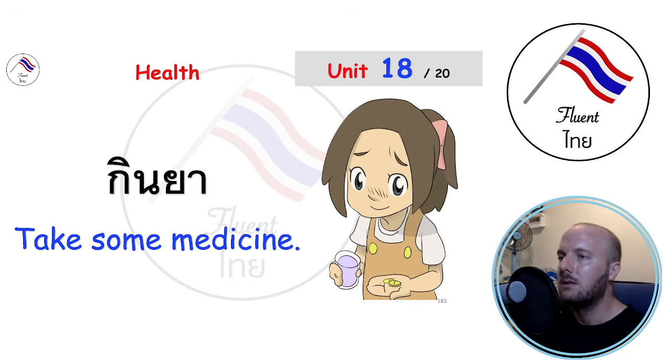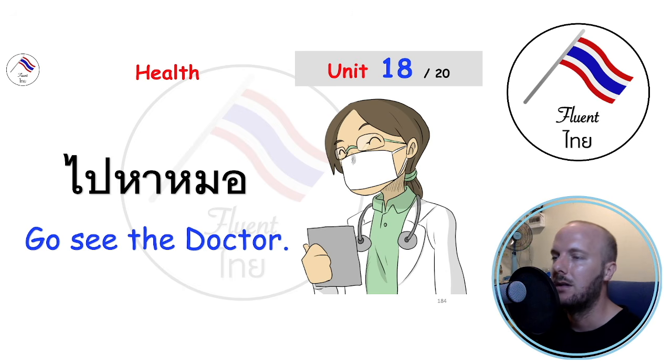Take some medicine. กินยา. I forgot to mention, in English we say take, not eat, but in Thai they say eat medicine. There are other words for eat, you could say gin or tan or รับประทาน, right? There's other words for eat. Go see the doctor. I forgot to mention that they don't say go see, they say go look for or go seek after. All right? So ไปหาหมอ